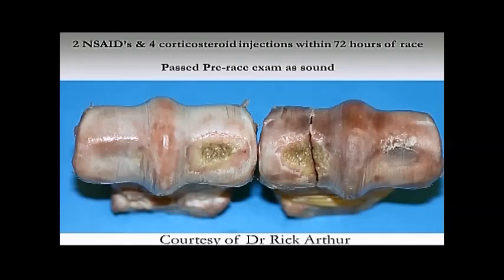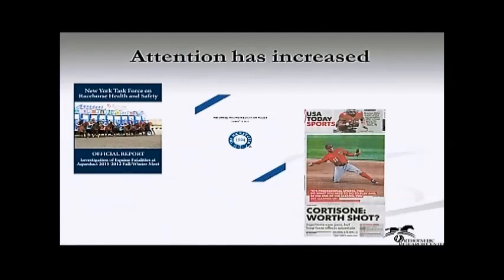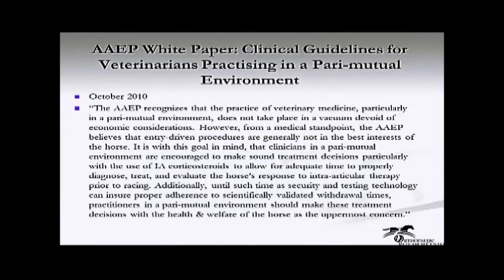And you can see the damage, and Dr. Bramlage talked about the early change here, but we've got a condylar fracture right through a palmar osteochondral defect. Subchondral bone disease, as I mentioned before, precedes articular fractures, and so we've got to be cognizant of that. But it's another challenge, and it's not a separate issue, but it's certainly separate from the point of view of just blaming the corticosteroids. So attention has increased a lot, and there's been a number which I'll just flick through